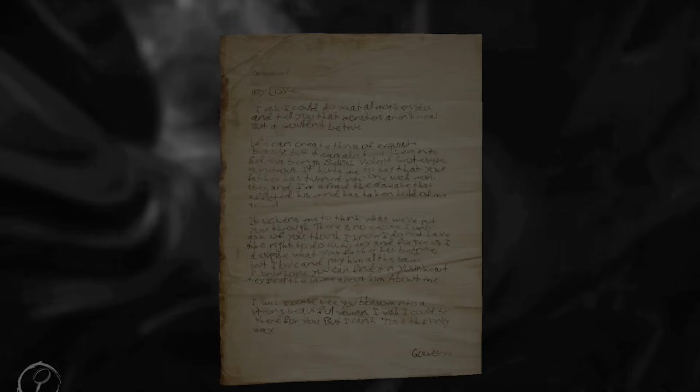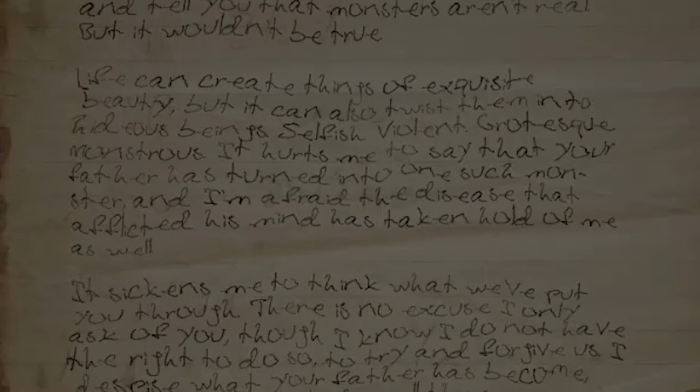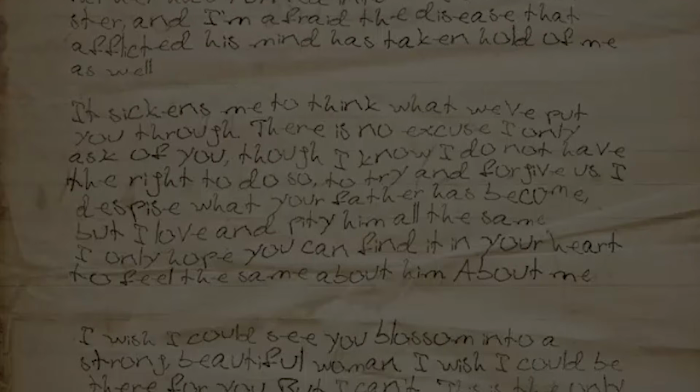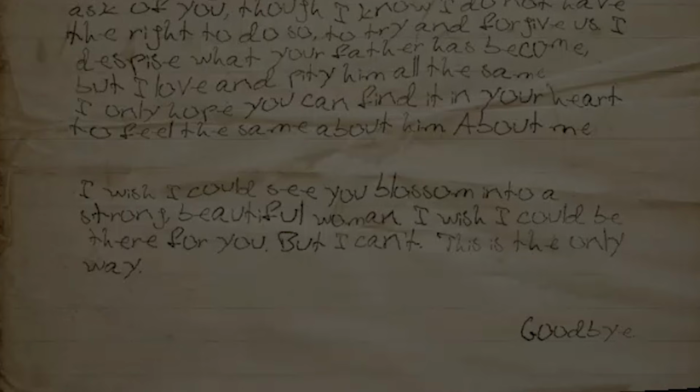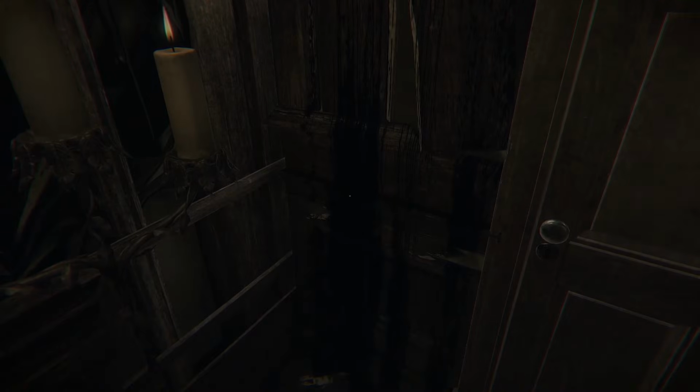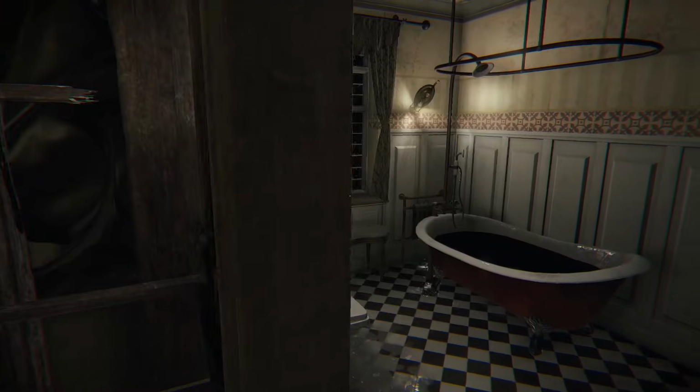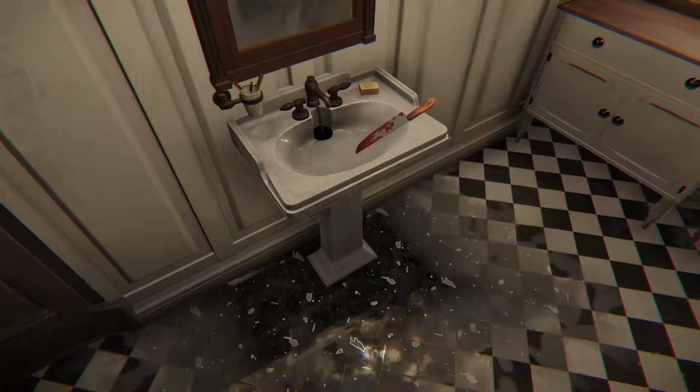We find what seems to be a goodbye letter from the wife to the daughter. In this note, the wife details to the daughter how much of a monster the painter is, and basically apologises for what they put the daughter through. We eventually see a scene in the bathroom where the painter is shouting at his wife from outside the bathroom door, asking what's taking so long and to open the door. Sadly, she has killed herself.